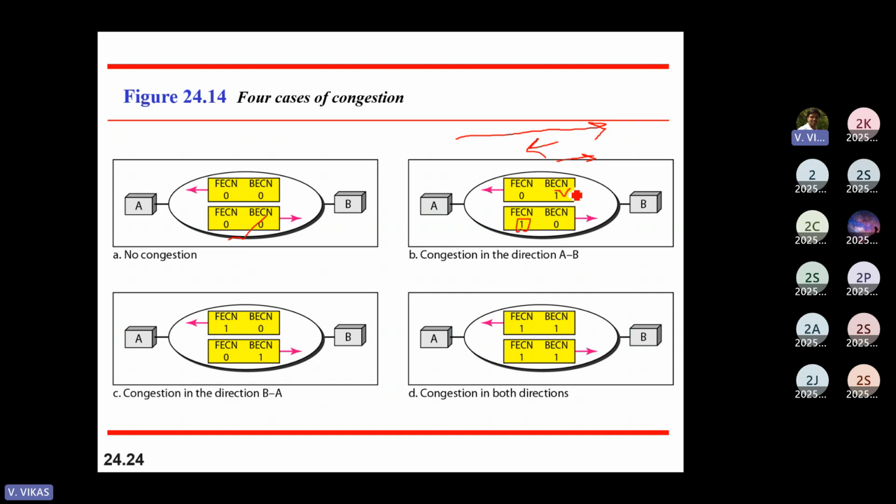Simple thing: if your congestion notification and congestion direction are both in the same direction, you say forward explicit congestion notification. If they are in opposite directions, we use backward explicit congestion notification. Congestion is there in the direction B to A. So when you are sending information to A, FECN is 0 and BECN is 1. Whenever you send notification in the opposite direction, the forward explicit congestion notification flag is 0, but backward explicit congestion notification is 1. When we have congestion in both directions, then FECN and BECN both will be 1 in both directions. Okay, clear, right? Clear for everyone? Yes, sir. Okay, so here we are done with